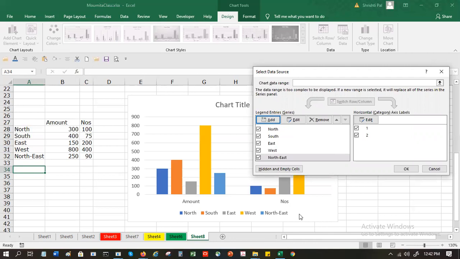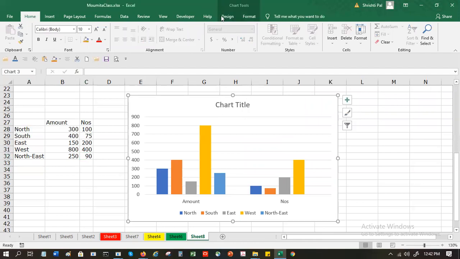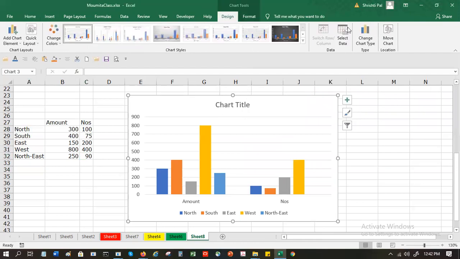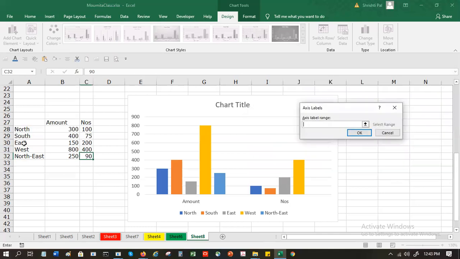Do you see this region? Yes. Okay, so I'll show you how I did this. I clicked on this. I went to insert, then design, and this select data. When I do select data source, it will show the existing series, so I can add this.